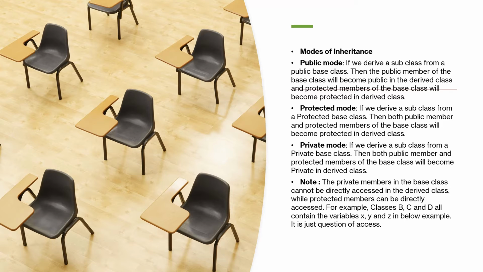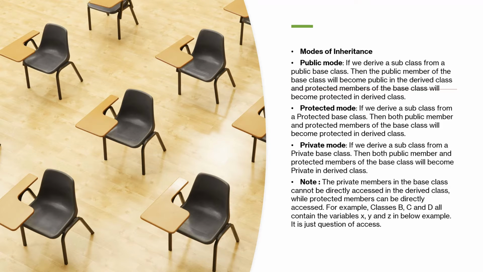Now whenever you derive any class as public, in that case you can inherit all the data members and member functions from the base class to the derived class, but your data members and member functions will become private whenever you derive any class with the visibility mode as public.